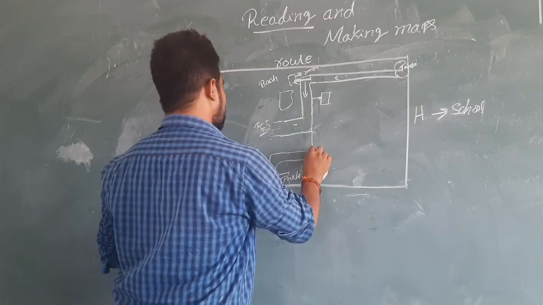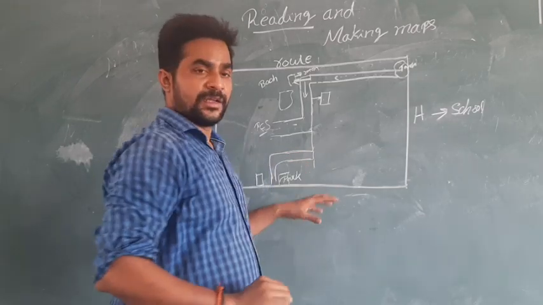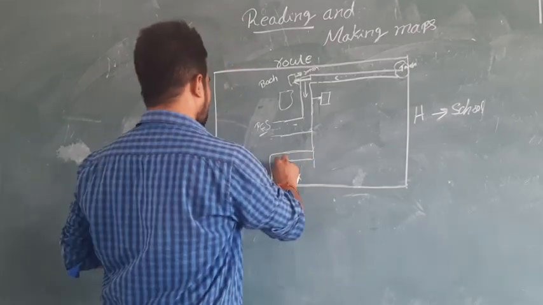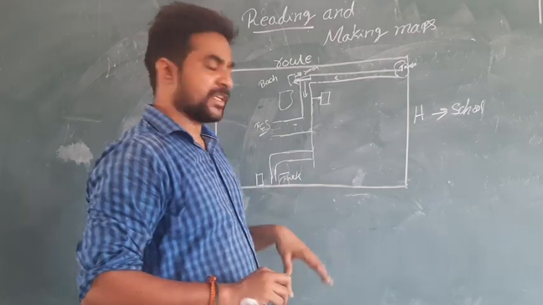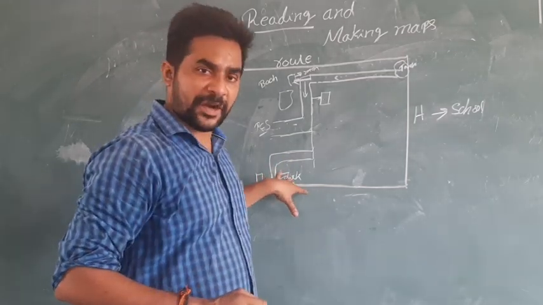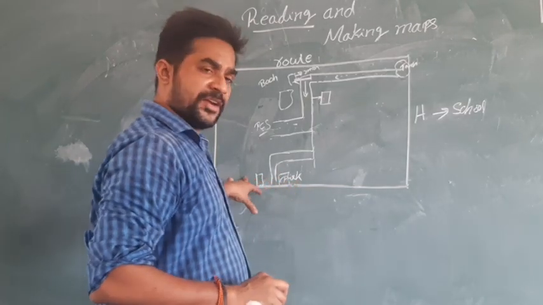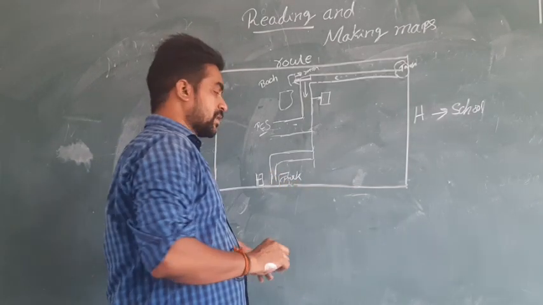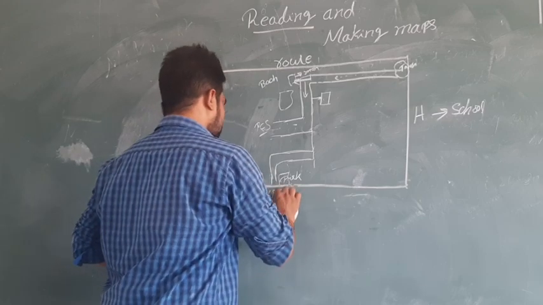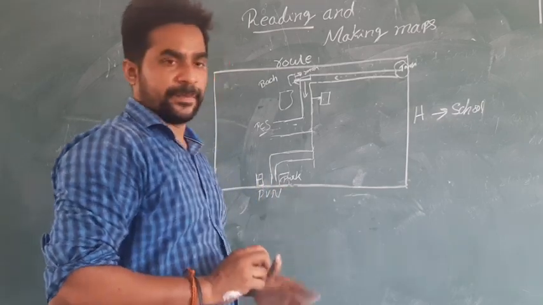Afterwards, we can take the second left, there the second left and also the first right. There we'll get one park, that's Ambedkar Park. And in the daytime, we can find one school. The school is Pragati Vidya Niketan. So like that, we can mention it.